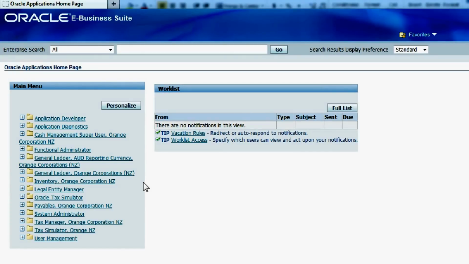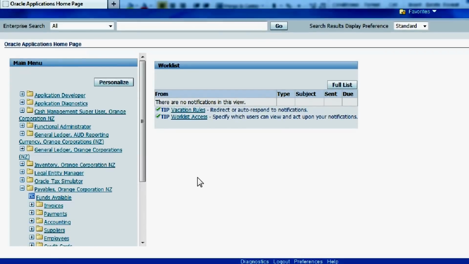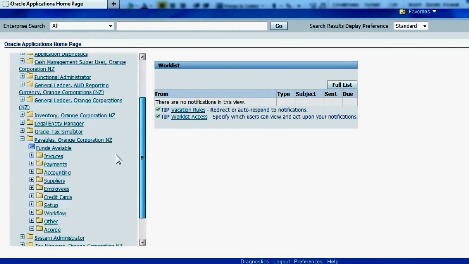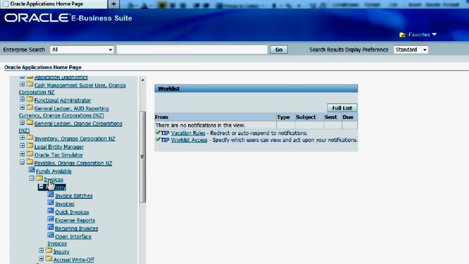So what I'll do now, I will click on a responsibility called Payables Orange Corporation New Zealand. As you could see, I've simply clicked on there, and then I will go into a form for entering my supplier invoices. To do that, I've entered into a responsibility called payables, and then I'll go on to a submenu called invoices, and finally there is one more submenu associated with invoices called entry,